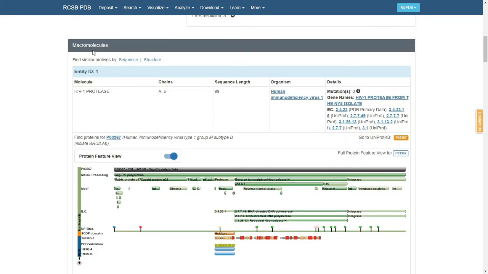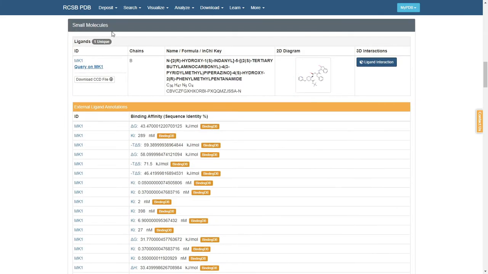Within this macromolecules part, you will find more details about the protein. It's called HIV1 protease, has chains A and B, a sequence length of 99, organism: human immunodeficiency virus 1. Within this small molecules part, you can find details about the small molecules. Those could be in complex with your protein. For example, in this case, we have one small molecule that is called MK1 and it's located in chain